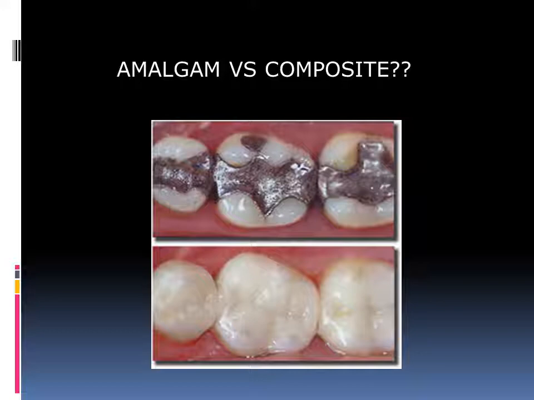So we've reached the end of our lecture, and I would like to conclude by asking you, can you compare amalgam versus composites, because we've discussed both amalgam and composites. So at this stage, you should be able to know, explain and also remember the differences between amalgam and composites, their drawbacks, their advantages, and where to use which filling material.